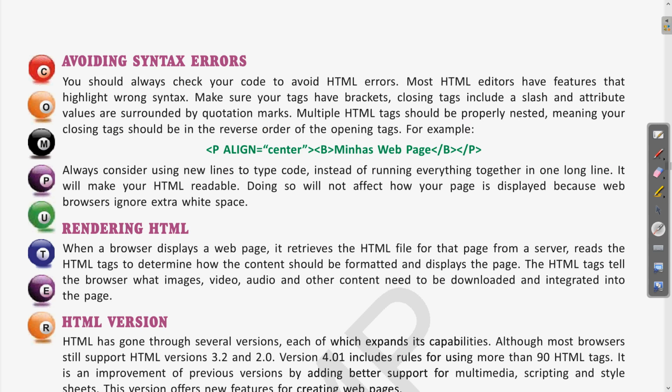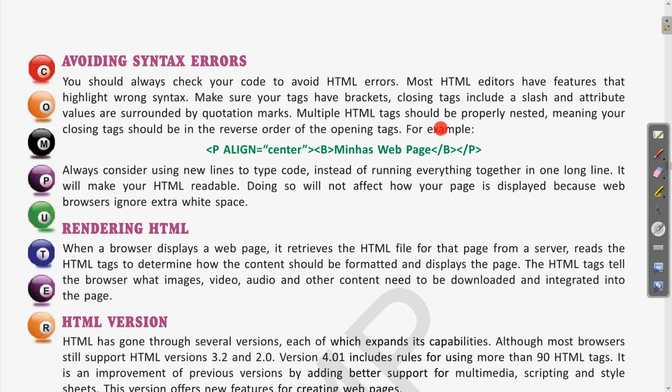As we have just seen, whatever attribute we are assigning, the values of these attributes are written in double quotes. If we forget to use double quotes for these values, or if we forget to close these tags, clear, then the use of ending and opening tags may cause some syntax error. So it is always required that while writing our program, we should check it so that there is no mistake in the program.